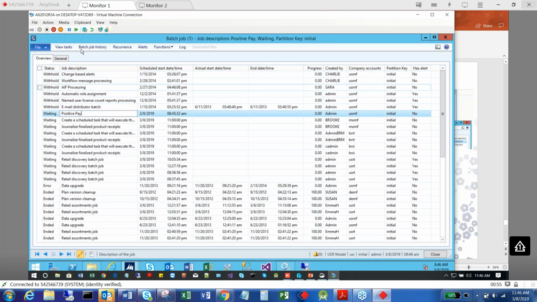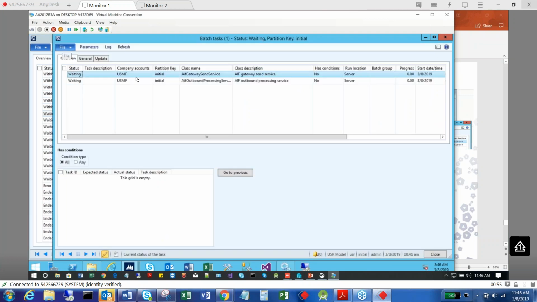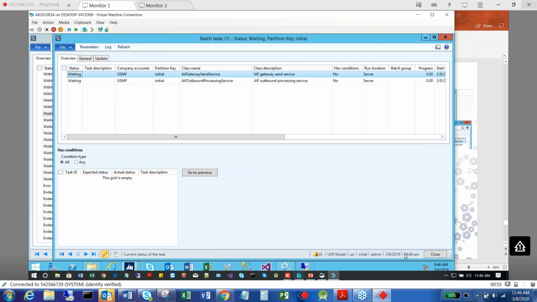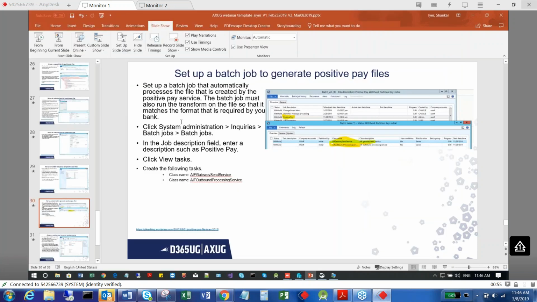There is a Positive Pay file waiting here, so I have already created that. Go to View Task, and you have to make sure that the two class names are already present: Gateway Send Service, Gateway Processing Service. Going back,